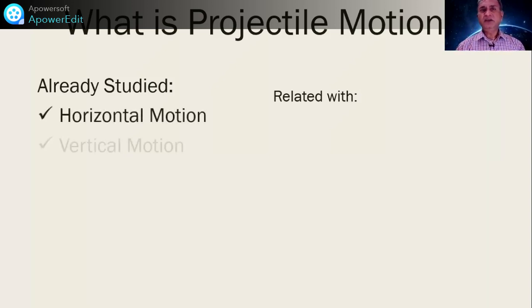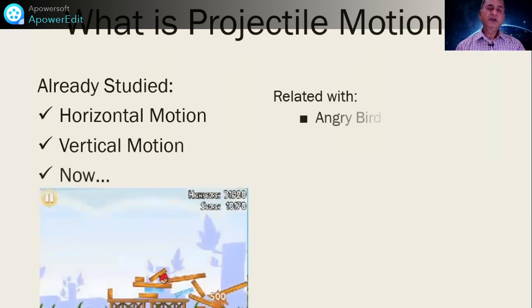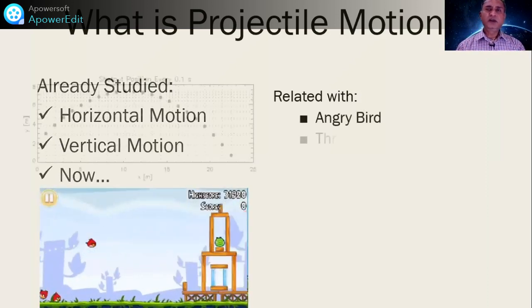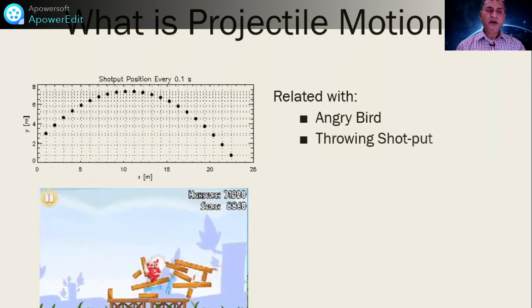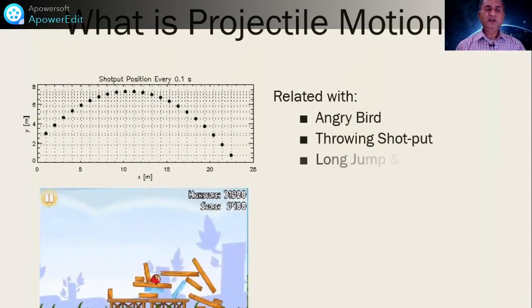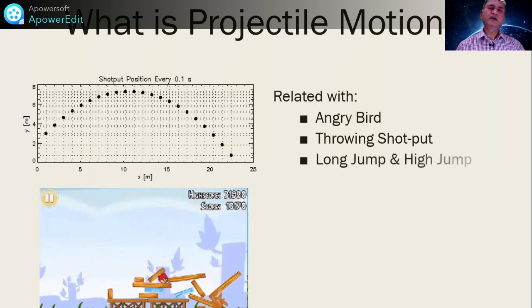So in previous classes, we already studied what? We already studied motion in a straight line, okay? And vertical motion, like you drop a stone, right? But today in this chapter, we'll be dealing with a motion which is a combination of these two motions, right? And this type of motion is directly related with many of our daily life